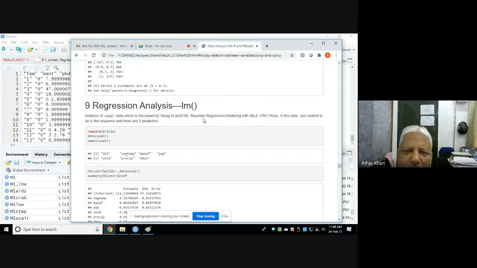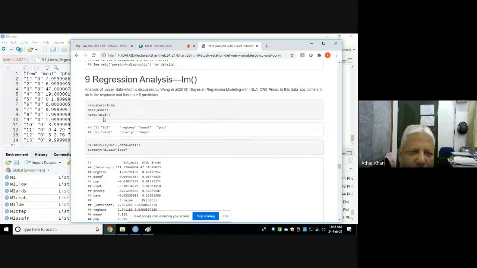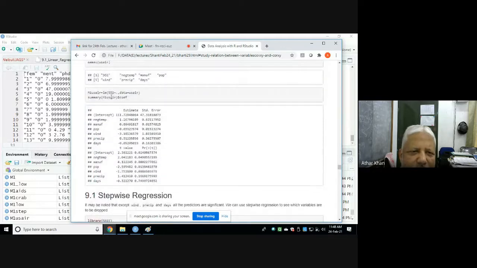This book, Bayesian Regression Modeling by Wang et al., deals with INLA. They have developed their own package also, BRINLA, which provides their data sets and functions. This US air data is environmental data: sulfur dioxide, negative temperature, manufacturing, population, wind, precipitation, days. This data we have fitted with LM.